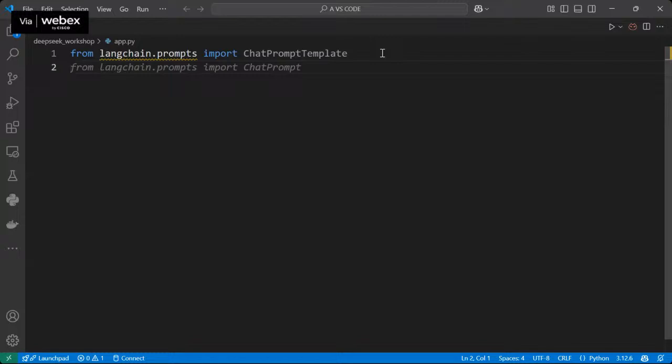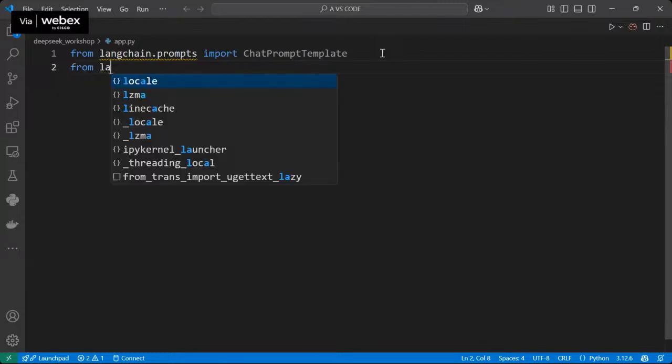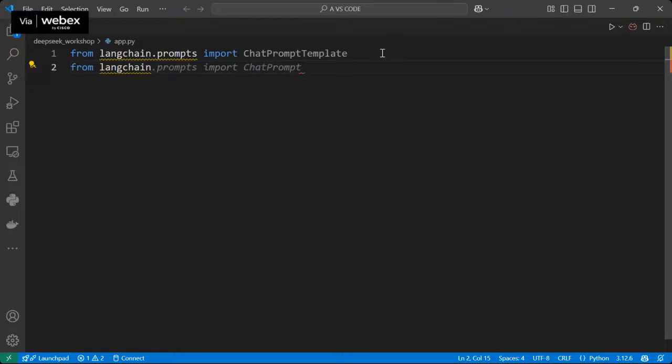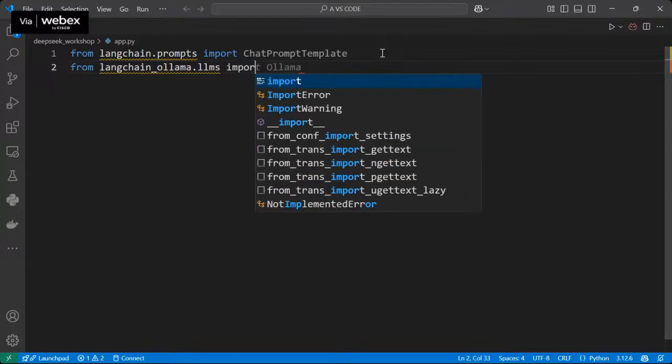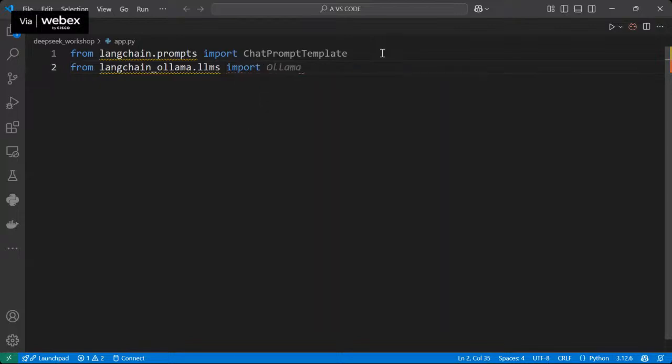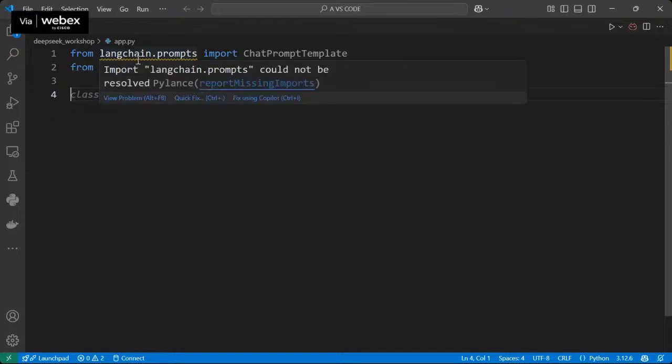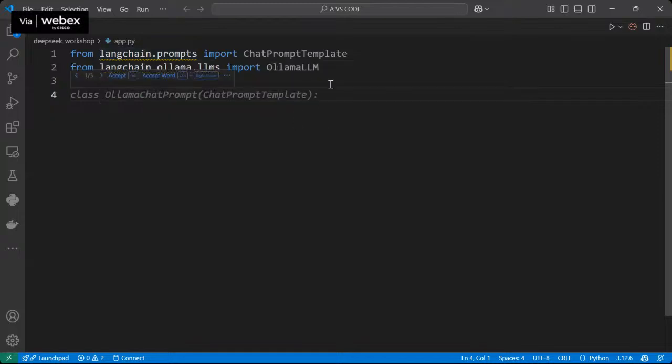Next one I can write as from langchain_ollama, because here we try to work with Ollama LLMs, because we try to build, import OllamaLLM, large language model. Clear, guys? So there are two libraries we imported.